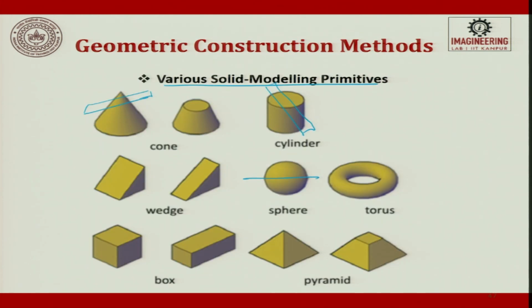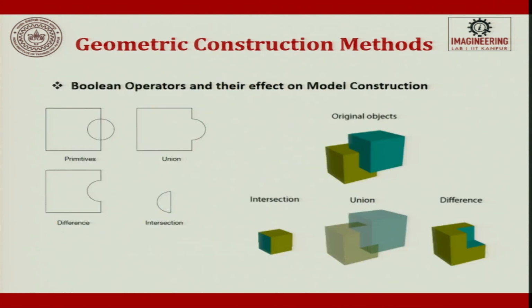So, now depending upon your requirement, the easiest thing is you start applying Boolean operations. Boolean operations are intersection, union, and difference. The three are A union B, A intersection B, and then you have a difference, right.